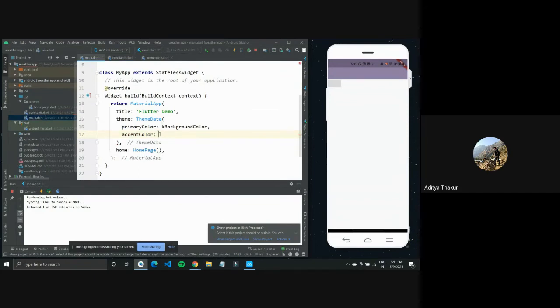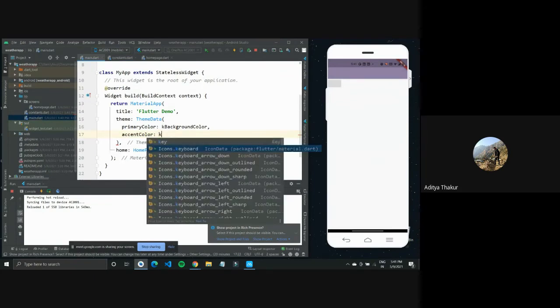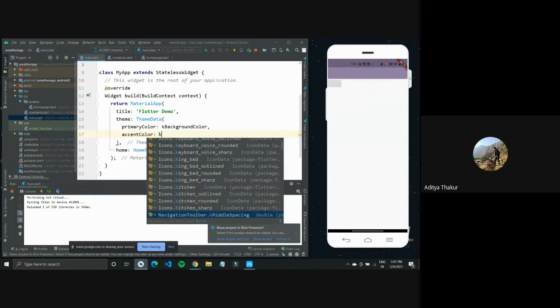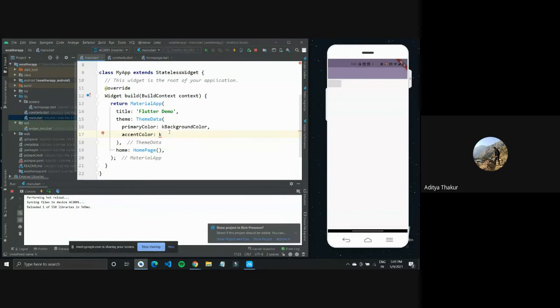If you type in K, you'll get all your constants in one place. Like right now, if I type accent, it's showing all these different options of color accent. You can use any other word as well. But K comes from a tutorial I followed actually. The instructor mentioned K, so I've been using K since then. And I think a lot of developers use it as well. So K is good for that.